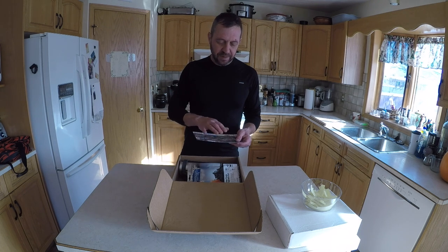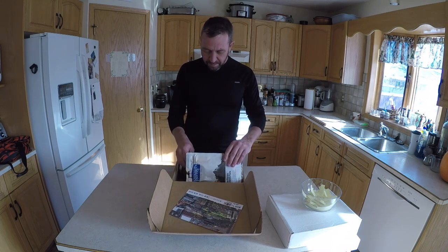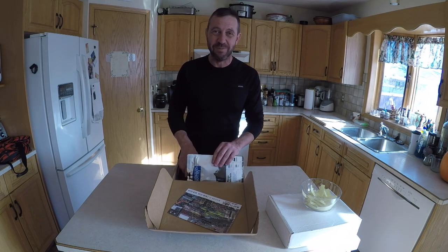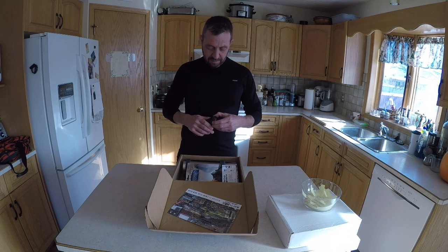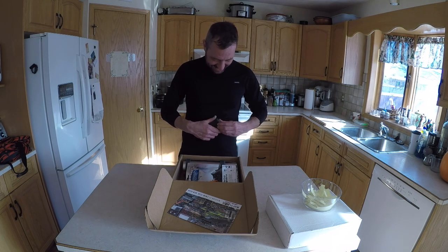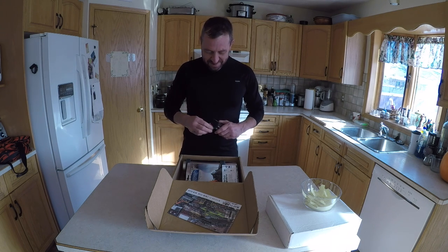G7362, GR440C stainless. I've already looked through the box, by the way, so this is not an unboxing as much as it is just a review. This is a very cool knife. I'm not exactly sure how they got it into Canada, because I think it's probably illegal here, but nonetheless, it came. I'm happy about it,